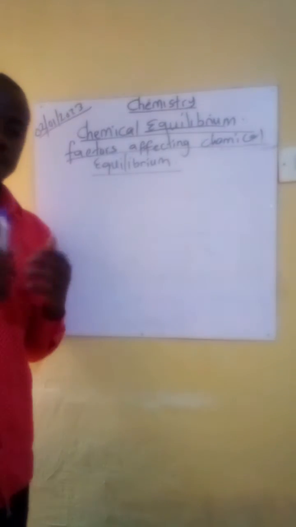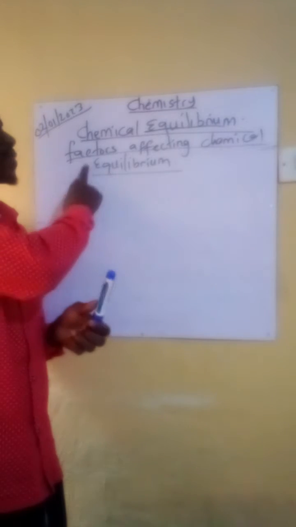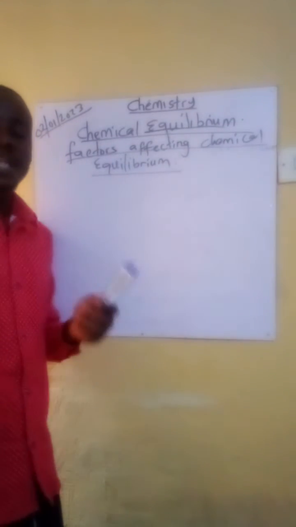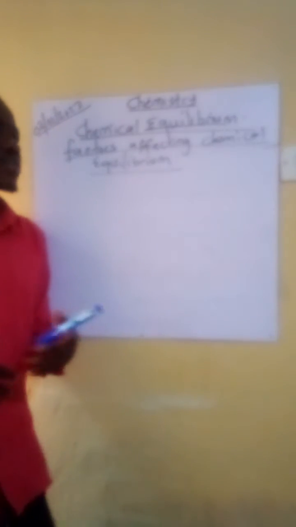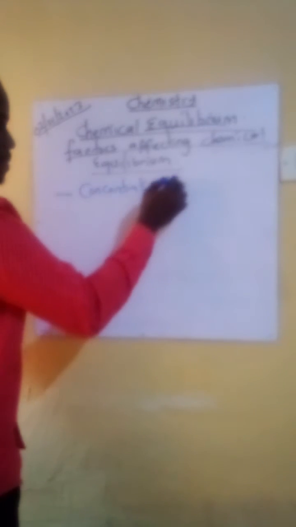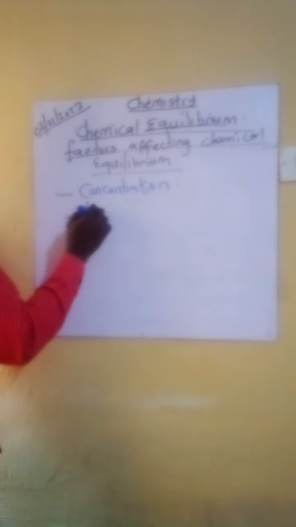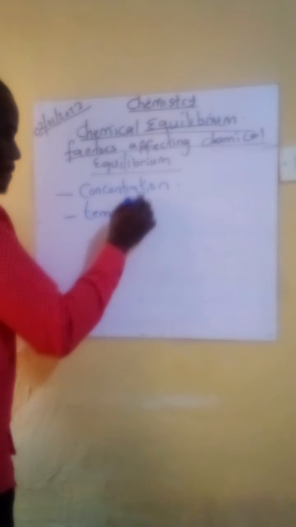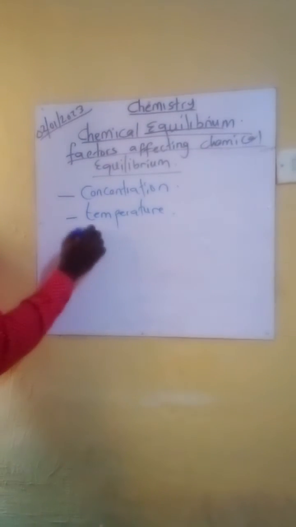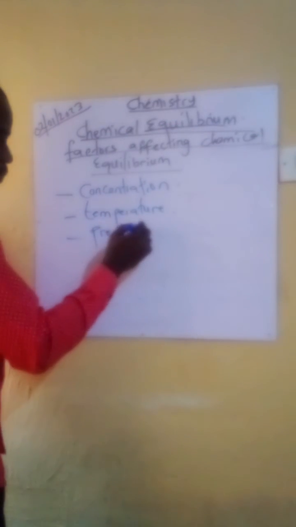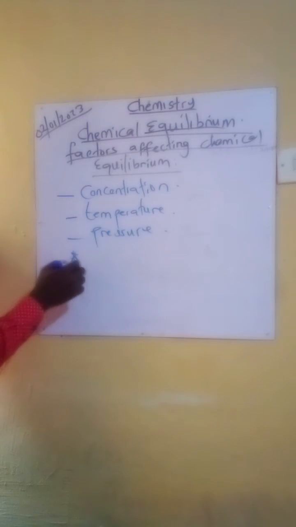Okay, but now we will be looking at factors affecting chemical equilibrium. Those factors are concentration, temperature, and the last one is pressure. Usually, catalyst is not really there, but